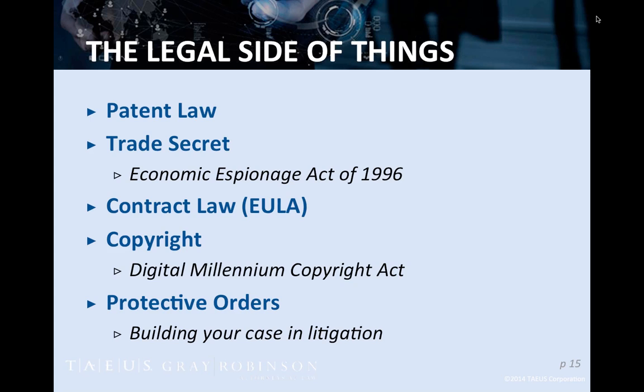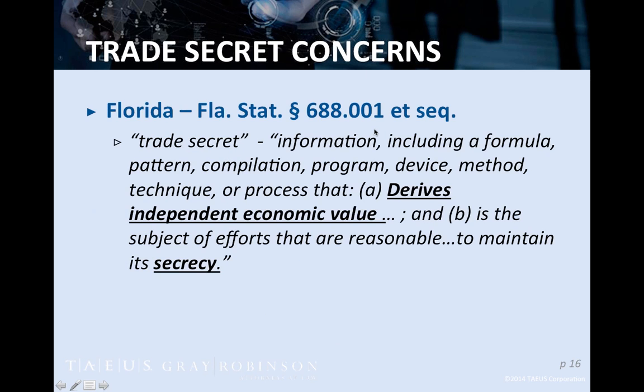And then trade secret, as the name suggests, protects things that are secret and derive value from them being secret. The standard example I like to provide is think of a recipe for chicken at Kentucky Fried Chicken, or a recipe for Coca-Cola. Those are valuable trade secrets of their respective owners that derive value from the fact that others don't know them. So let's dig into a little bit of the details if we can go to the next slide.